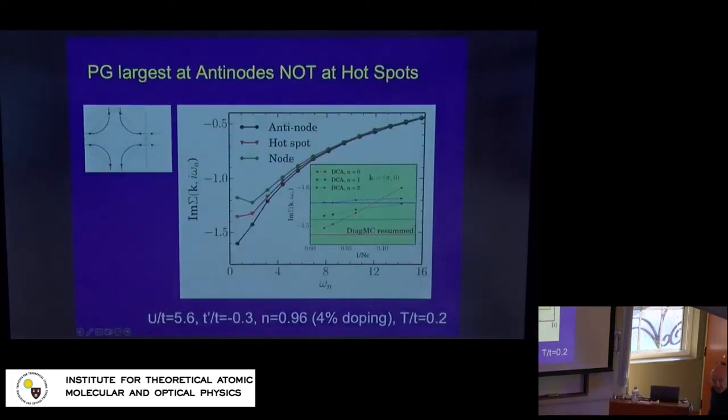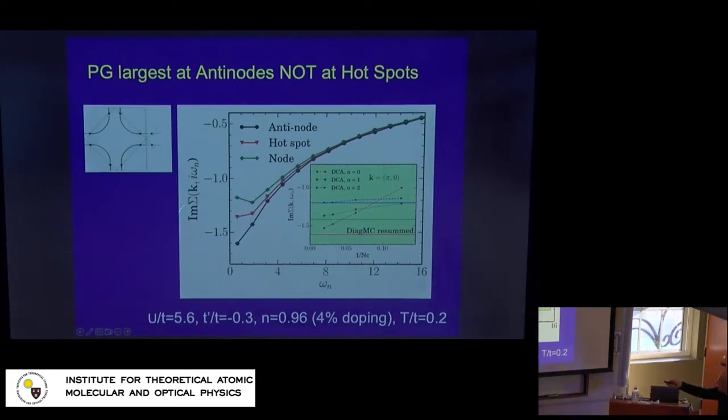Okay, and in this case, two important things. The pseudogap opens when the magnetic correlation length is not very large. So in contrast to weak coupling, you do not need a large correlation length. You need substantial short-range magnetism, but you do not need a large correlation length to open the pseudogap. That's point one. And point two is that in contrast to the weak coupling mechanism, things are not opening dominantly at the hotspots, where the antiferromagnetic Brillouin zone crosses the Fermi surface, but actually at the antinode, at (pi, 0).